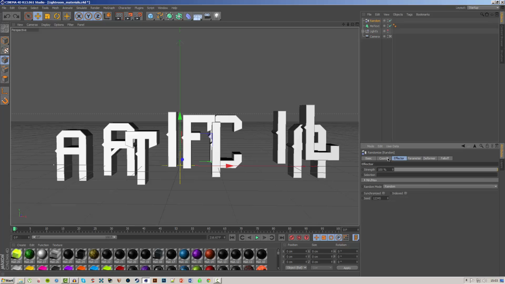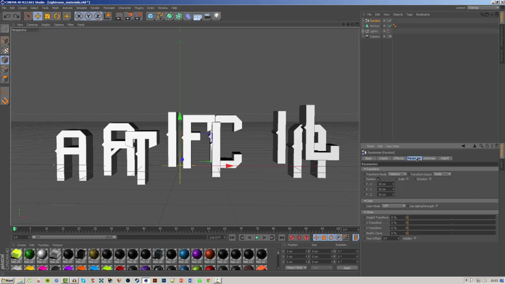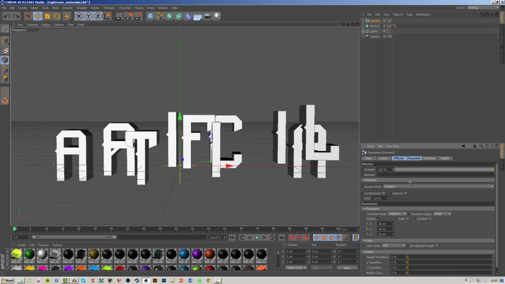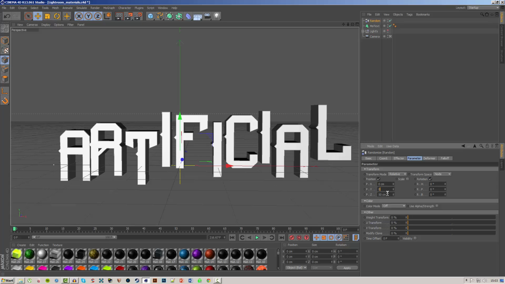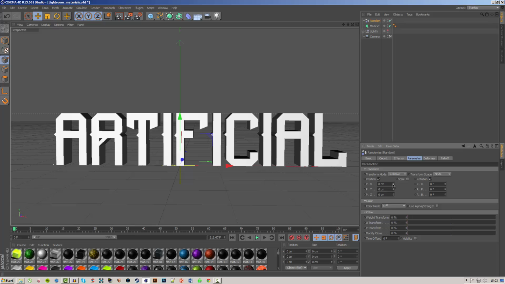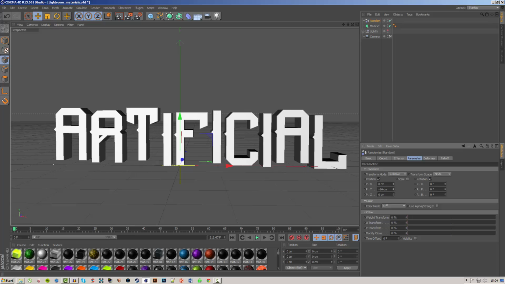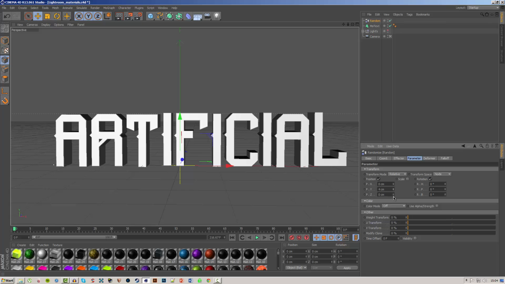So you will get into, I don't remember what frame, or maybe it's both of those. Yeah, both of these. But what you want to do is just click the parameter and tick the rotation. We'll change all of this back to 0 so that we can see the standard text. And now you can start playing around with some different stuff. I don't want too crazy an effect on this, so I'll just randomize it just a little bit, not too much,